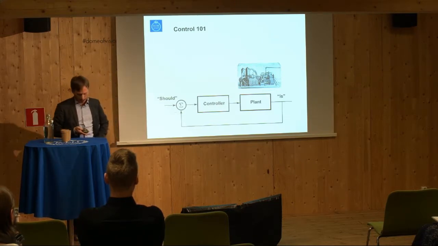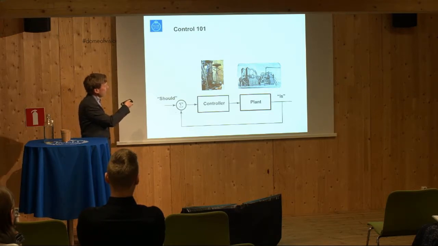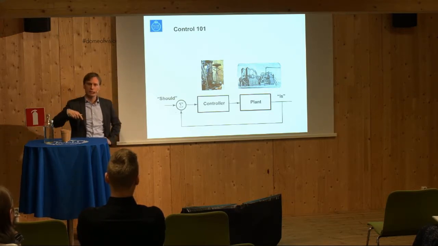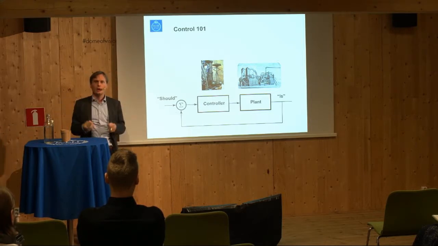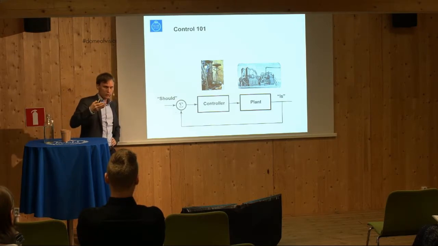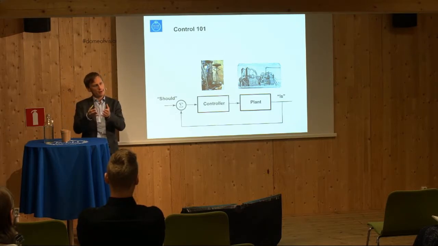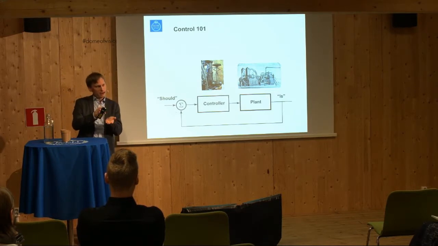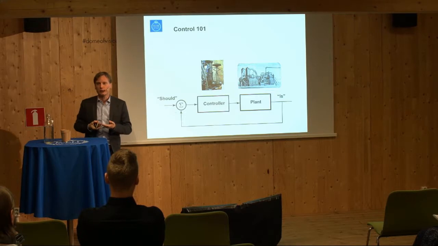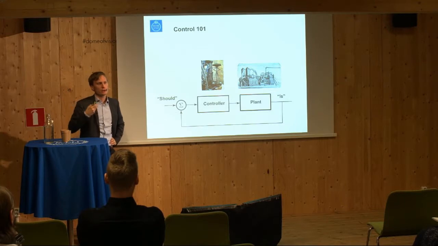So what could a controller be like? Well, back in the 19th century, it was often something like this. It's a centrifugal governor. It's basically an axis here which rotates with the same speed as the steam engine. If it goes too quickly, the centrifugal force will pull out the arms, and it will close a valve and decrease the amount of steam going into the engine. It will slow down. Conversely, if it's moving too slowly, the arms will go in and open up the valve and let in more steam, and the speed will increase. So this is one example of an automatic control system using feedback that will regulate the speed.